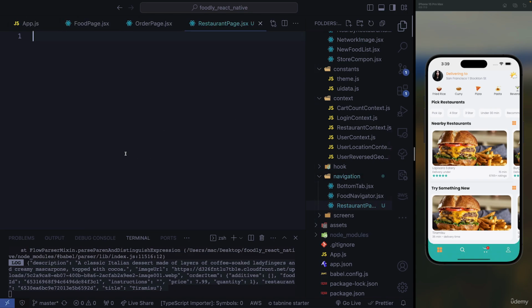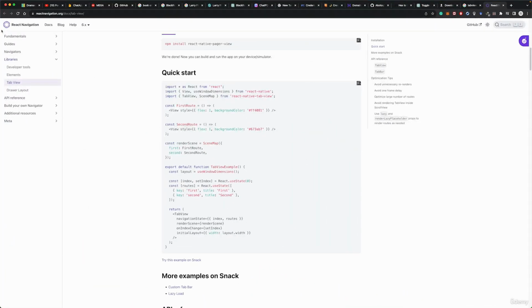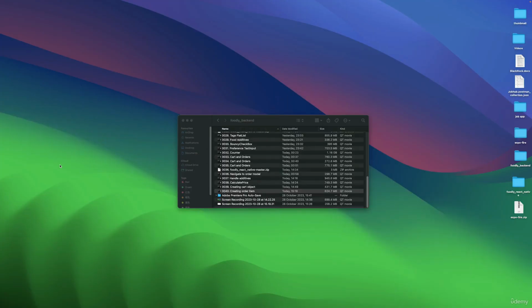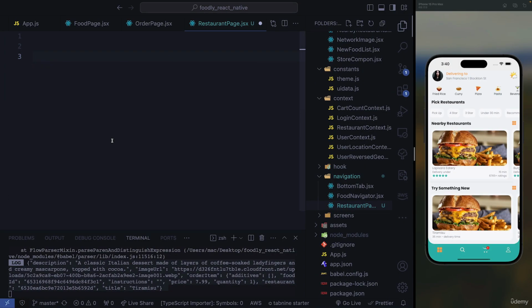So here, what we're going to do, we're going to just go ahead and visit, because we want to have a tab view in here. So the best way, we can just visit React Native Docs tab view. All the dependencies are installed already, so we can just copy this snippet that we have here, and we're going to go ahead and paste it in our page